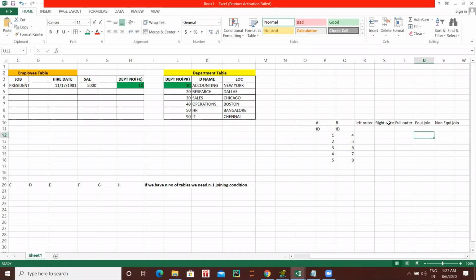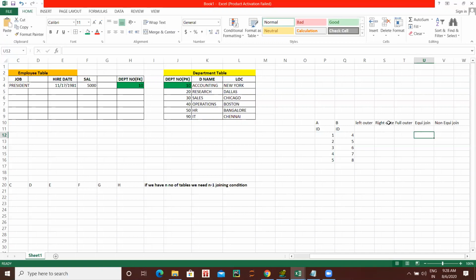If you do an EQ join between table A and table B, what will be the output? This is the homework for you. Create a table with column ID, insert 1 2 3 4 5, and create another table B, column ID, insert 4 5 6 7 8. These are the two tables. Now if you do an equijoin, select ID from A and select ID from B, with the condition A.ID equals B.ID. What will you get?